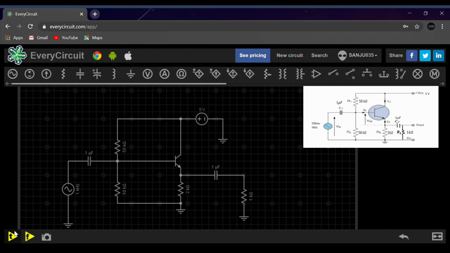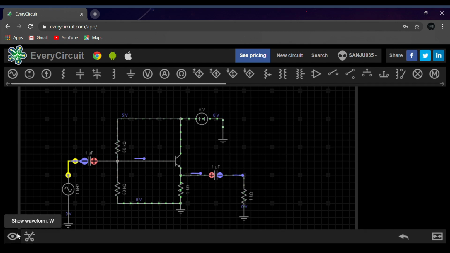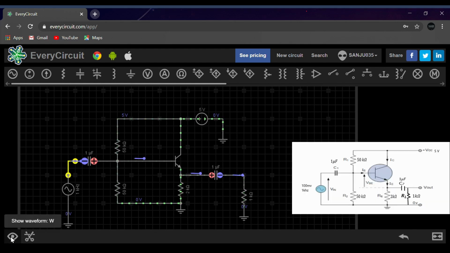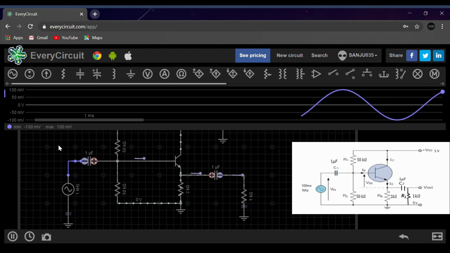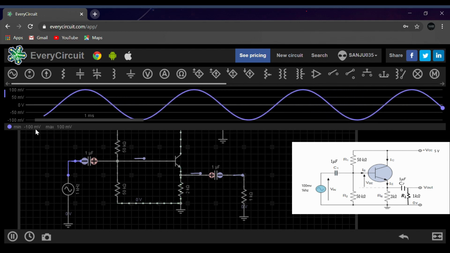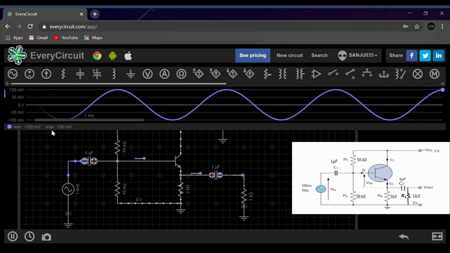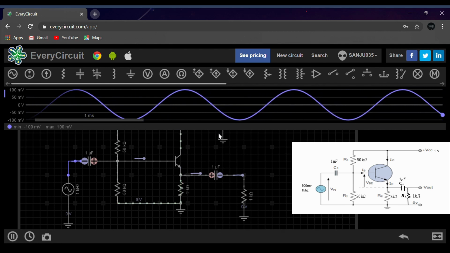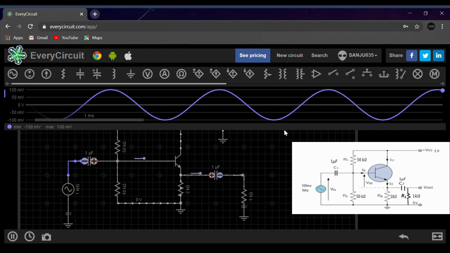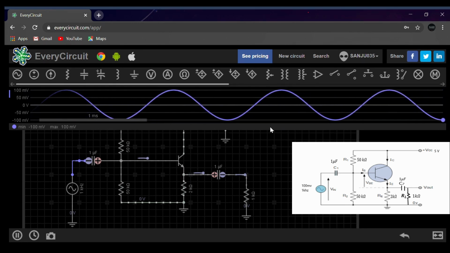Now let us check the waveform. I'll go here, run transient space, and I will just check the input waveform, how it is. Here you can see the option show waveform. As we can see, we have set it to 100 millivolts. So minimum is minus 100 millivolts and maximum is 100 millivolts. Hence this is the input waveform of a common collector amplifier circuit.